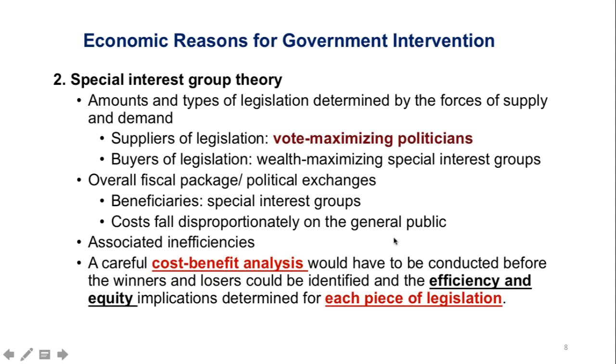So that equity creates inefficiency, and therefore any new intervention should have its cost and benefit carefully determined. So in the government, a careful cost-benefit analysis would have to be conducted before the winners and losers could be identified, and then the efficiency and equity implications should be determined for each piece of